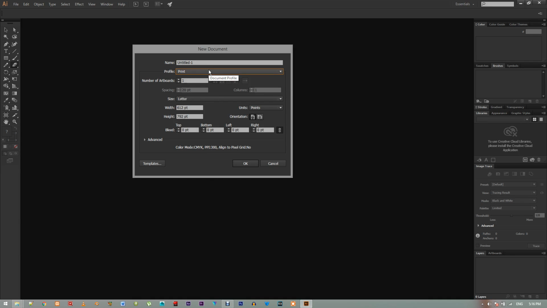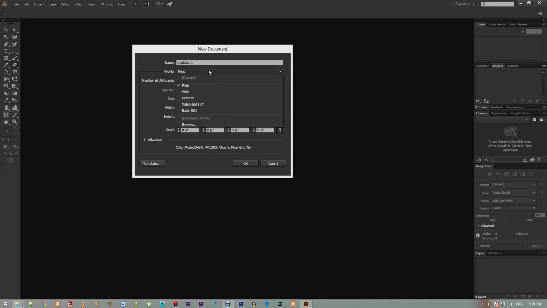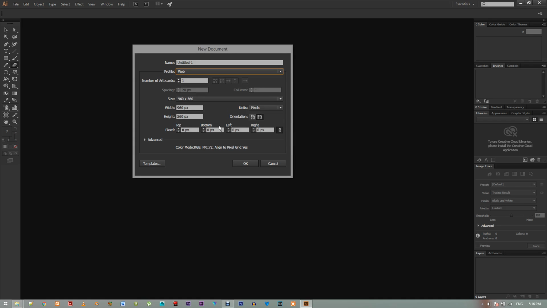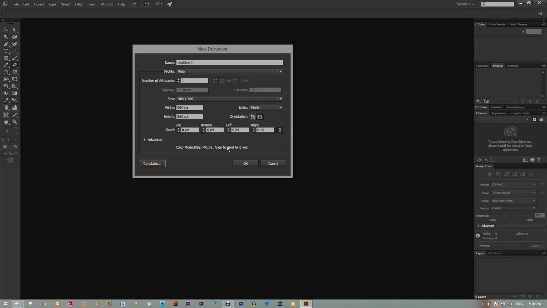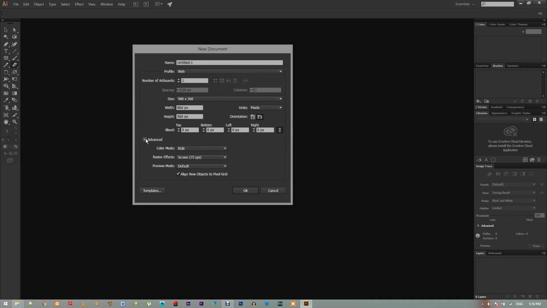Now, if you want to print something and display it on screen, you probably want to go with a web profile, and you can go to these templates here if you have something installed. But if not, the problem with going through a web profile is that the screen is only 72 ppi. So when you click here, an advanced option will open up, and you can leave the color mode as it is, or you can change it to CMYK when you want to print it, until you save the document. And you want to change it to a high setting in the raster effects, which means that